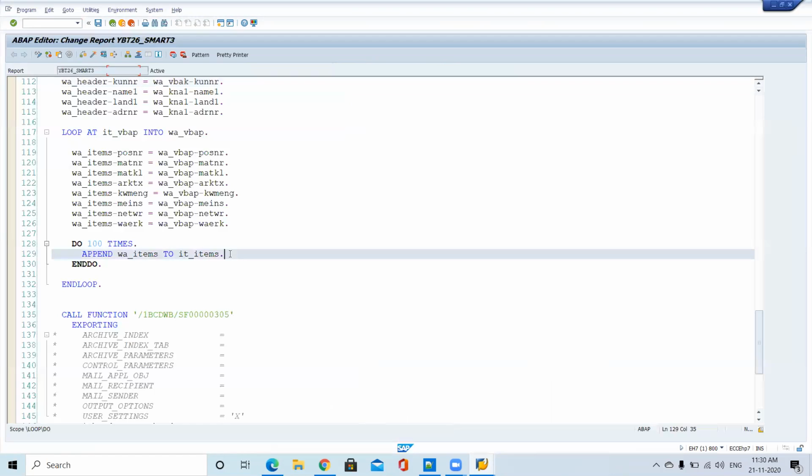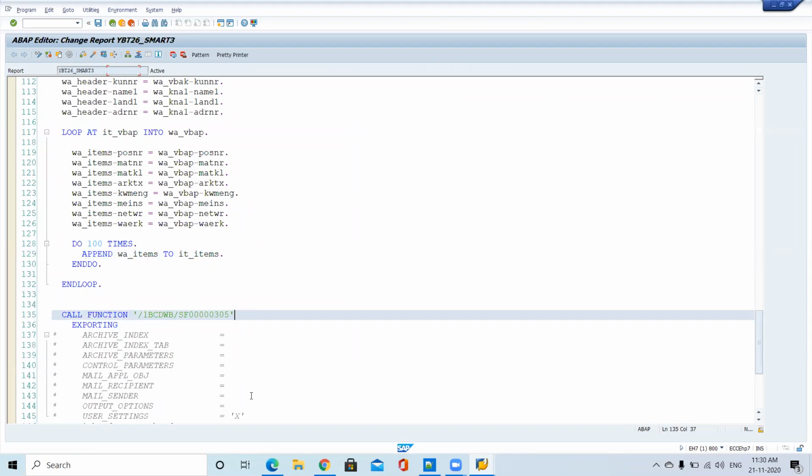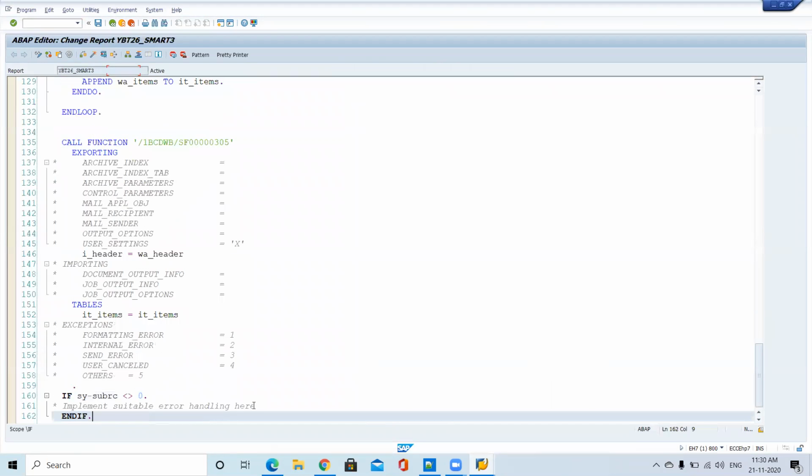Now, till now, previously we just prepared the data and handed it over to the smart form, and after that we are changing the format. So here our concentration is smart forms. What features are available in the smart form? We're adding features one by one. You are already experts in data retrieval, you know how to prepare a header and item, so we are not concentrating on the data retrieval portion. Our concentration is what features are available in a smart form.